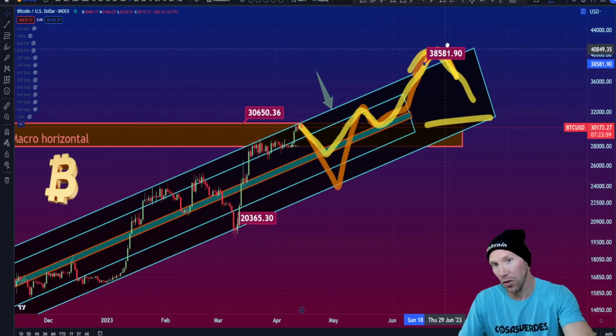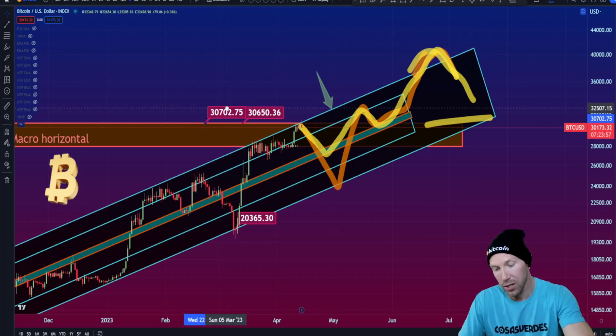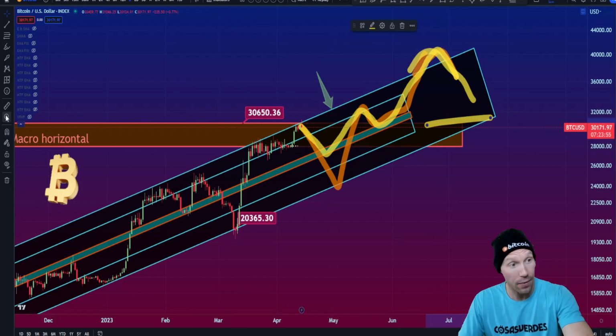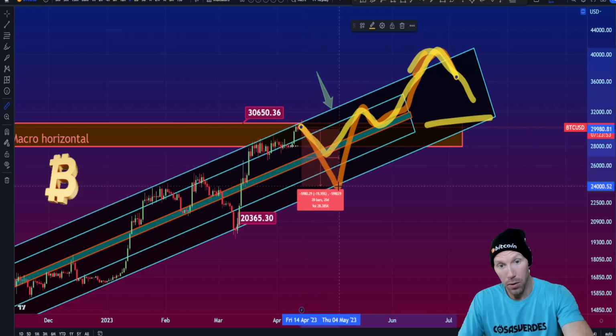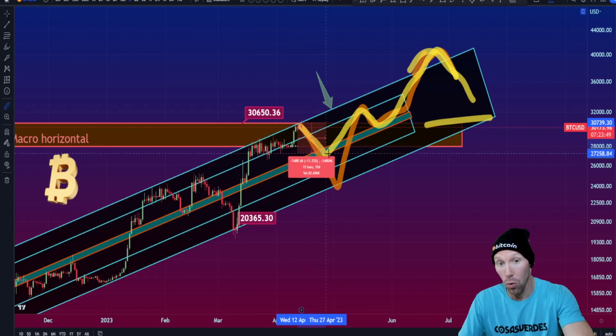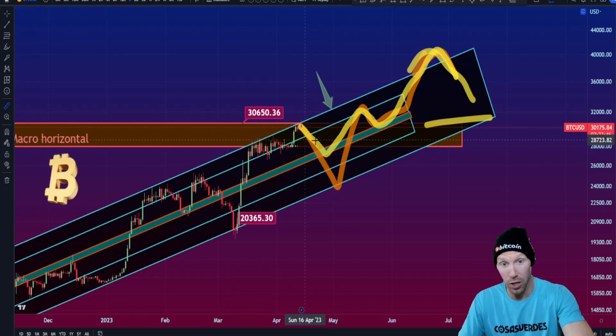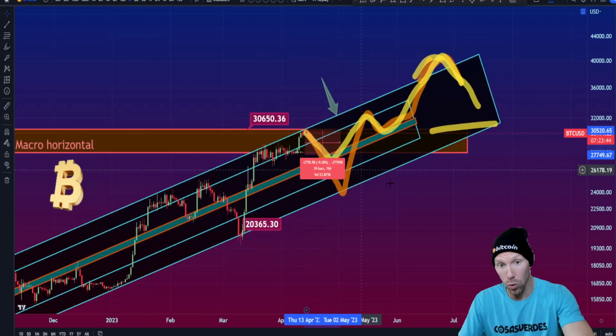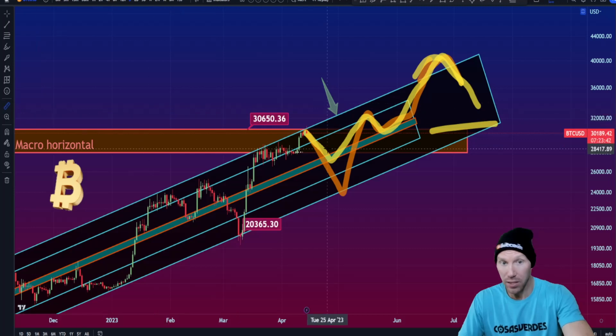See that? That's a perfect failure pattern above, clear breakout of this line. That's option one. And that would take us to, so it'd take about a month to go down, a 20% drop, or a 12% drop over the course of about 20 days. So that's the rest of April.